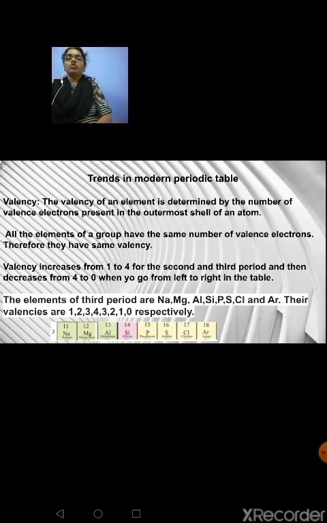Now when you go towards chlorine, atomic number 17, configuration 2, 8, 7, it wants 1 electron to form its octet, so 1 becomes its valency. When you talk about argon, the atomic number is 18, so the electronic configuration is 2, 8, 8. Whenever a shell, from the second shell onwards, has 8 electrons in its outermost shell, it is said to be a complete shell. So its third shell has 8 electrons and it forms a complete octet. It will not take part in chemical reactions because it will not gain or lose electrons. Clear?